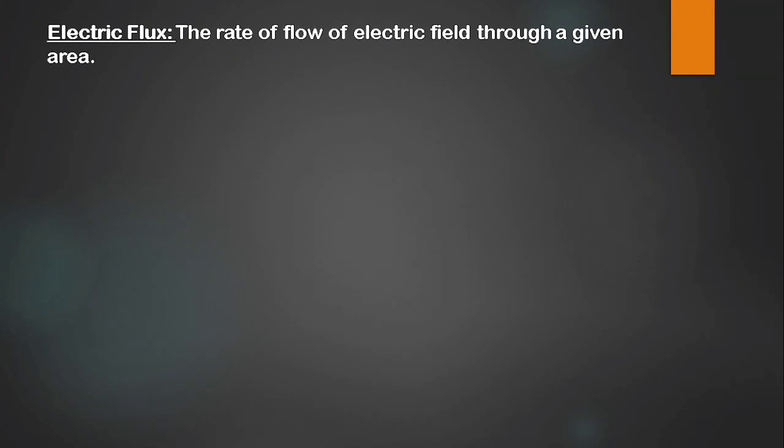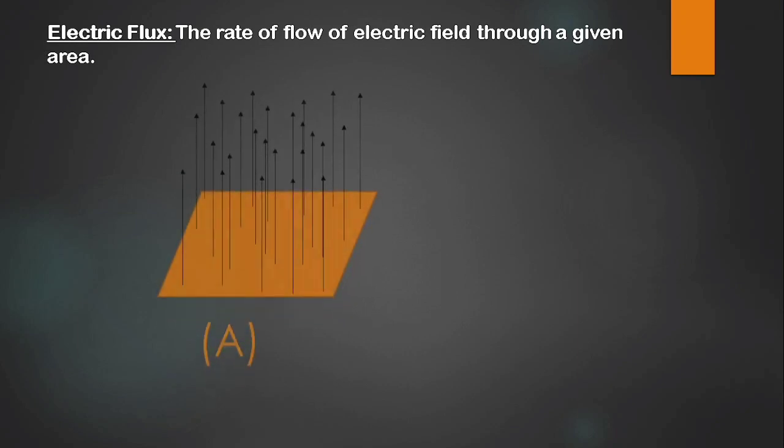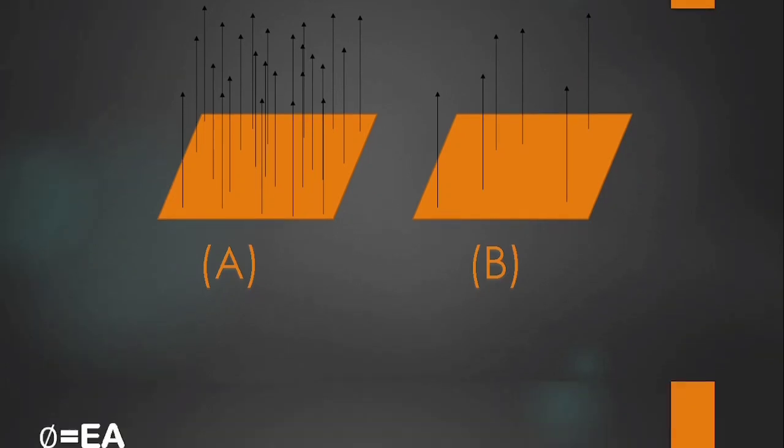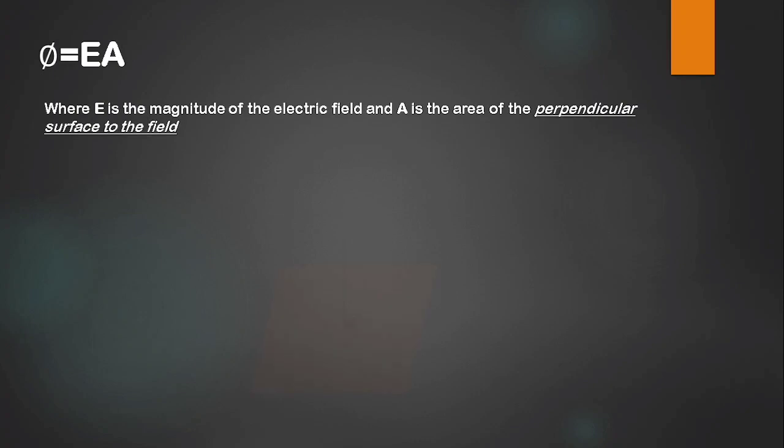To understand the meaning deeper, let's look at figure A and figure B. We can see that there are two flat surfaces and there are these lines that represent the electric field magnitude. So logically here figure A has higher electric flux than figure B. As the number of lines in that specific area increases, we can conclude here that phi, which is the symbol of flux, equals E times A, where E is the magnitude of the electric field and A is the area